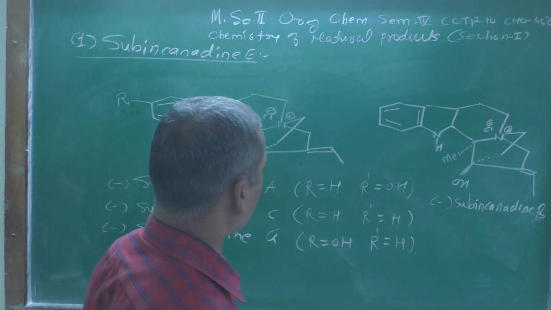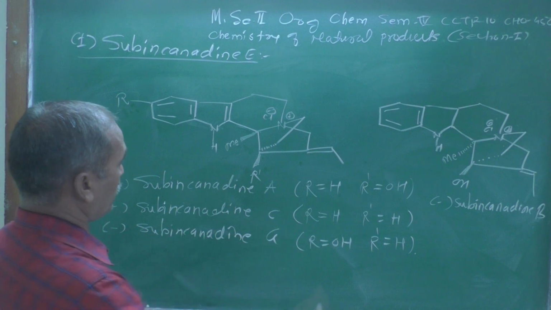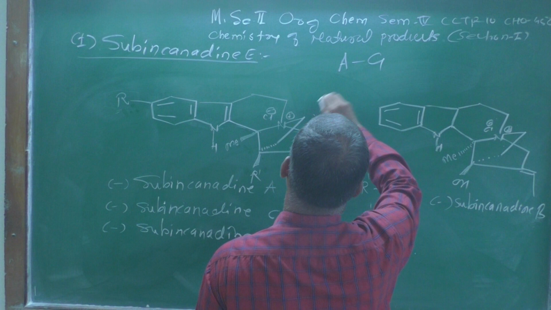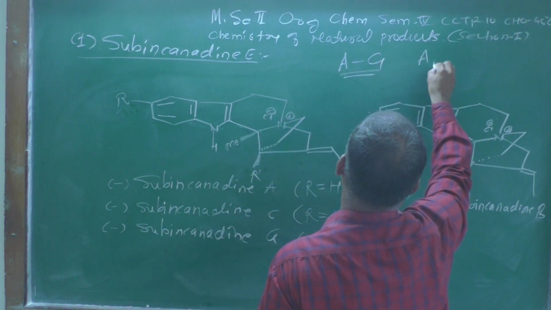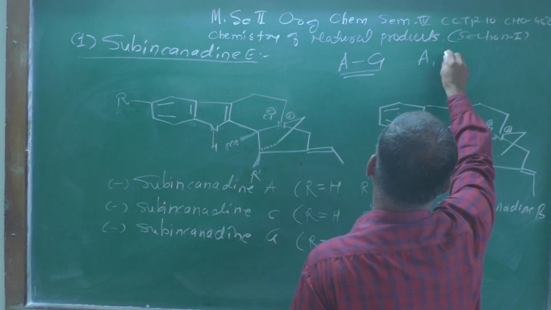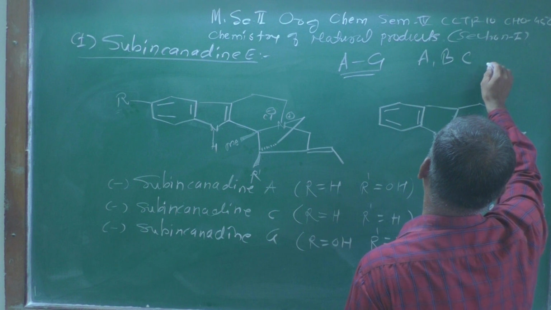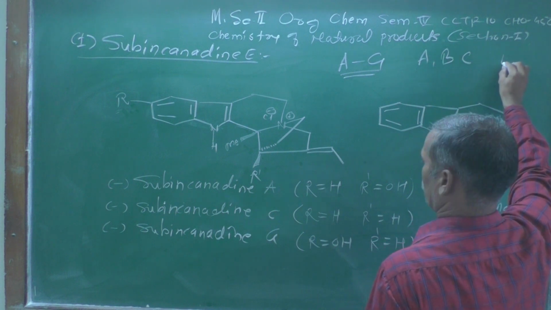Now let's see, these are the 4 structures we have drawn here. So total structures are Subincanadine A to Z. We have got so far A, then B, C. Now D remains there. A, B, C, E,